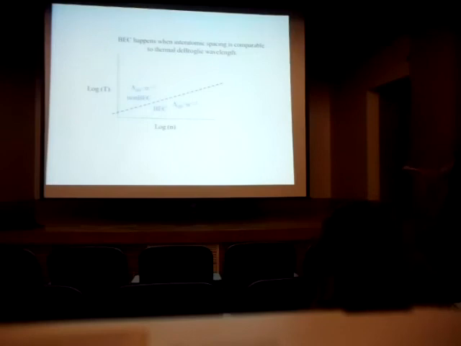Basically, for Bose-Einstein condensation, you have to get cold, and you have to get them close enough together. So this is density